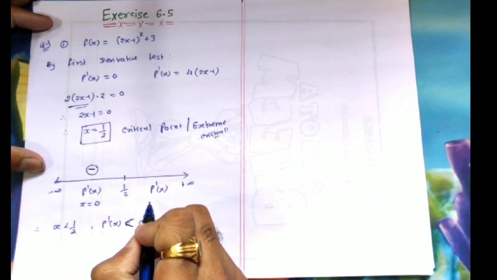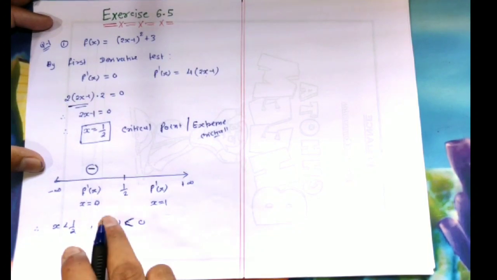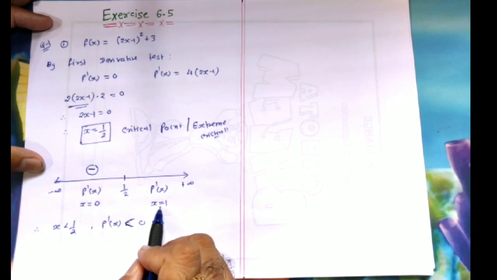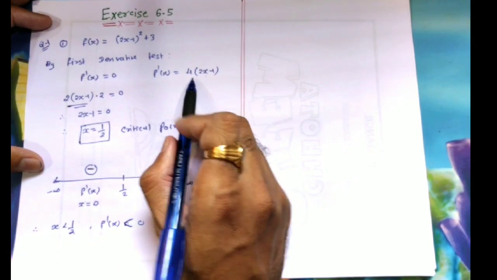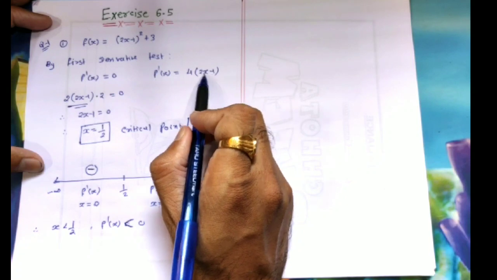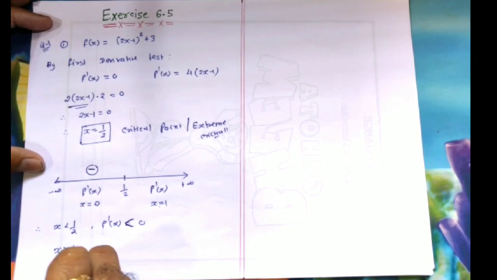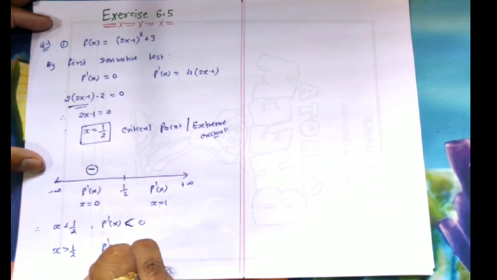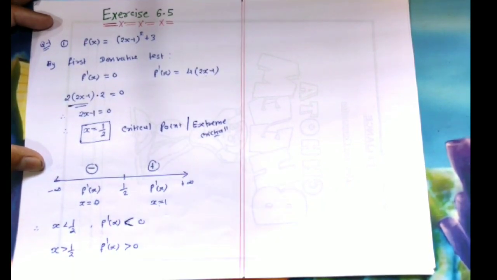Now consider one point. Suppose x equal to 1 on the right hand side of this 1 by 2. ये 1 by 2 के right hand side पर क्या आएगा? एक 1 आएगा. So what is the sign of this f dash x at x equal to 1? So put this x equal to 1 over here. So f dash x will be 2 1s are 2 minus 1. It's a 1, 4s are 4. Positive sign is there. So when x is greater than 1 by 2, that means on the right hand side of this 1 by 2, our f dash x is greater than 0, or f dash x is positive.